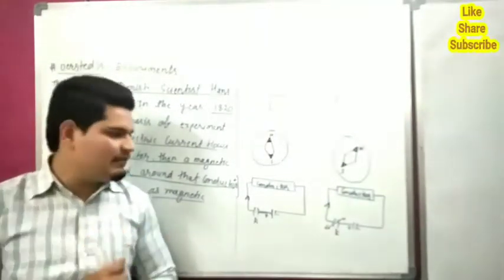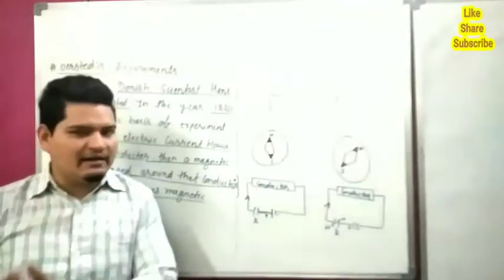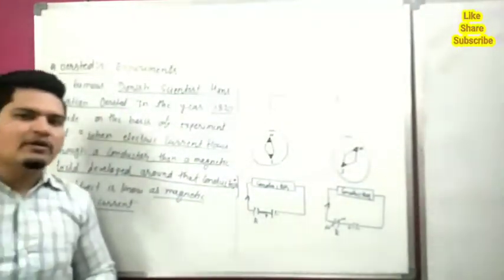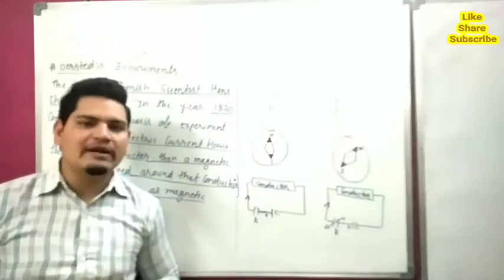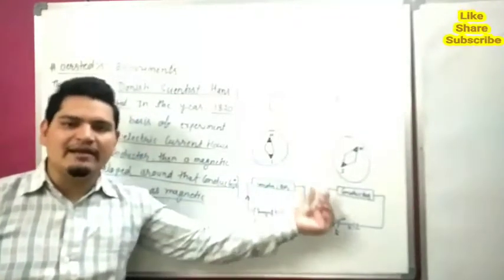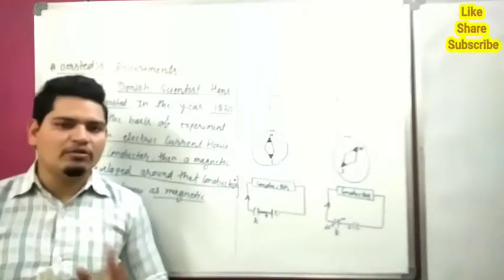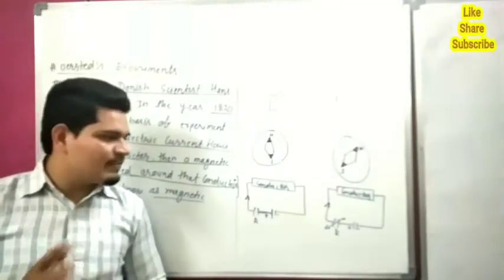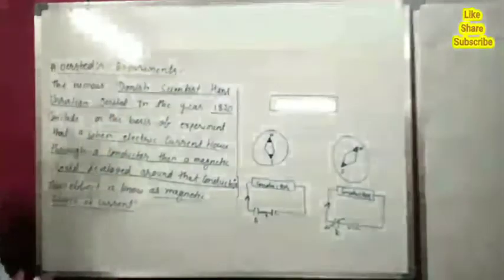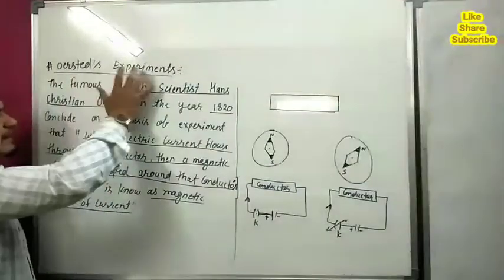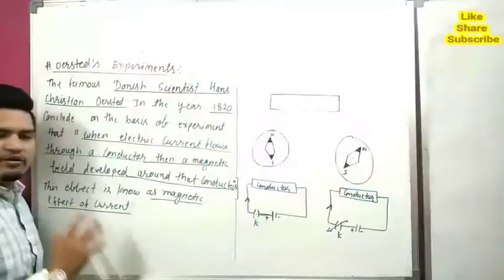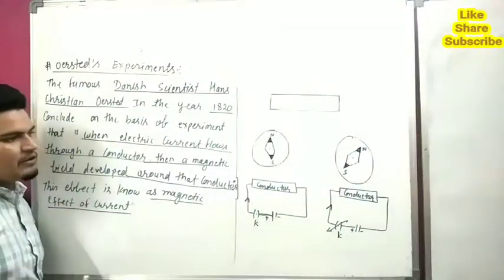It is the relation between magnetism and electricity. Now we can talk with the help of microphones and mobiles because of magnets and electricity. Without the combination of magnetism and electricity, we cannot talk on mobiles, on microphones, etc. So this is the Oersted experiment, one of the most important topics of 12th class. You can write.